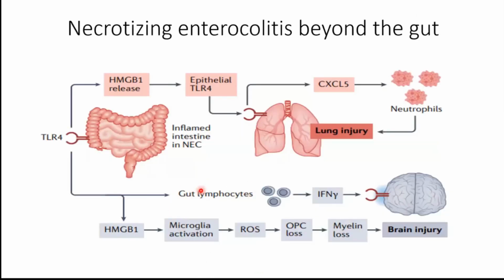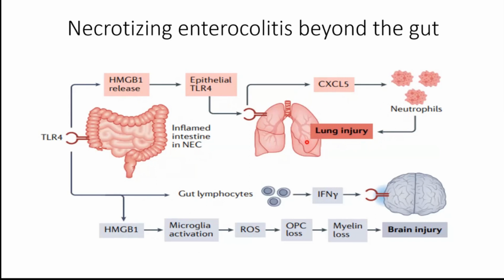This shows the pathogenesis of NEC affecting other organs apart from the gut. Children who survive NEC often have long-term complications, the most clinically significant of which is its effect on lung and brain. So, the pathogenesis of lung injury includes release of high mobility group box 1 from the newborn intestine, which activates pulmonary epithelium toll-like receptor 4, and this leads to release of chemokines, which causes influx of neutrophils in the lung,